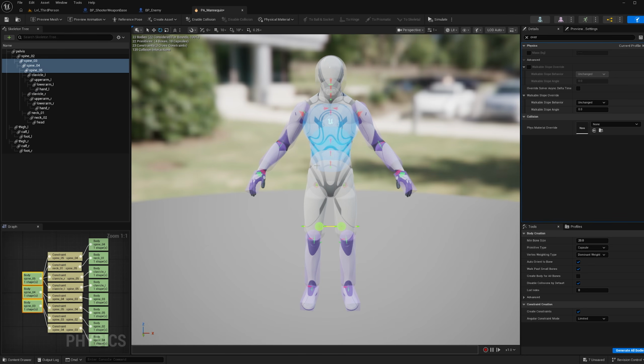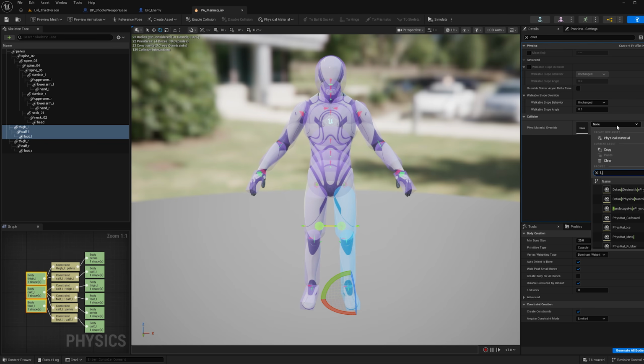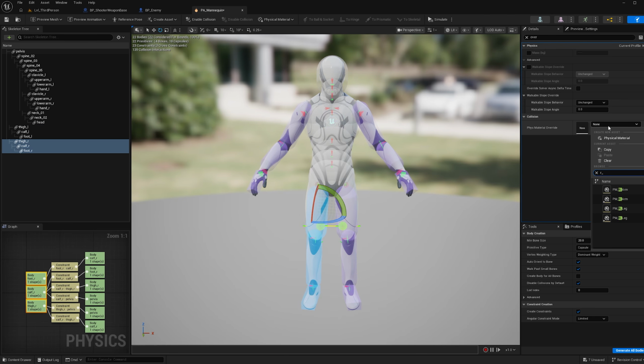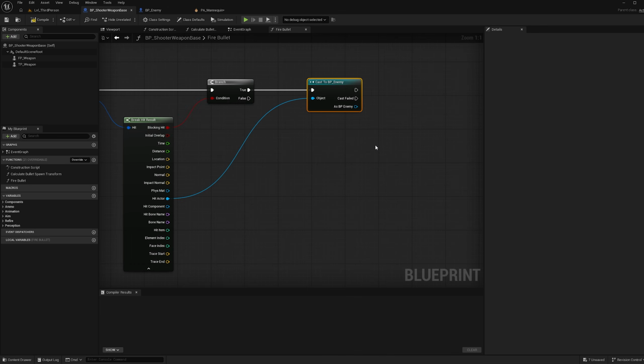Select all the torso controls, and I'm going all the way down to the pelvis for mine. Like, you can really separate this however you want, just make more physics assets, but I'm just gonna keep it a little simpler, and then just do the left leg and the right leg. Okay, perfect. So then save your asset, and then if we go back to our shooter weapon base, the way